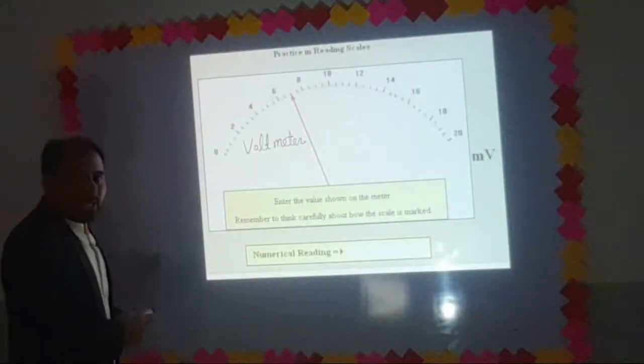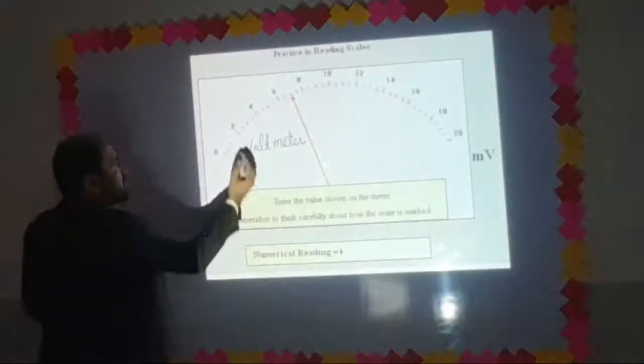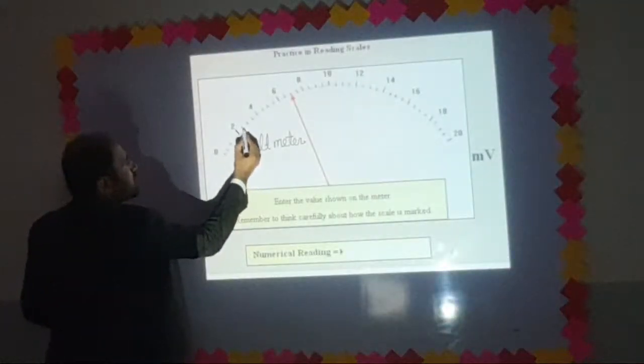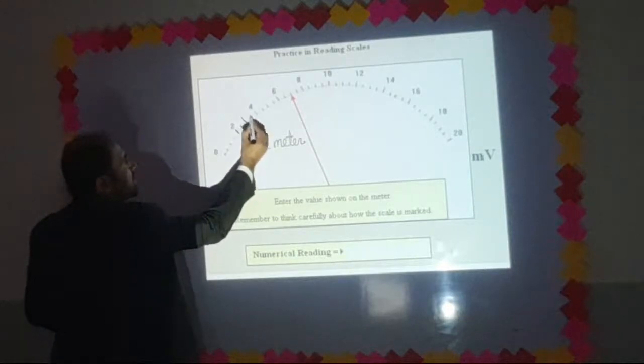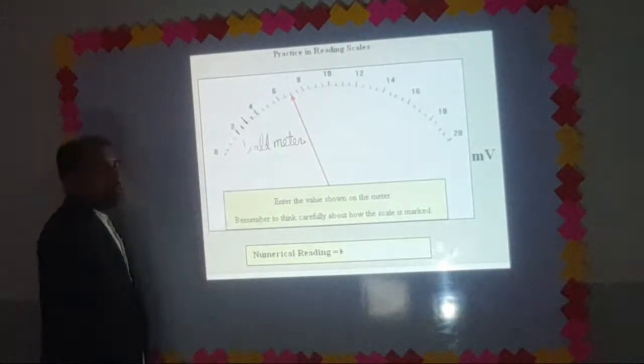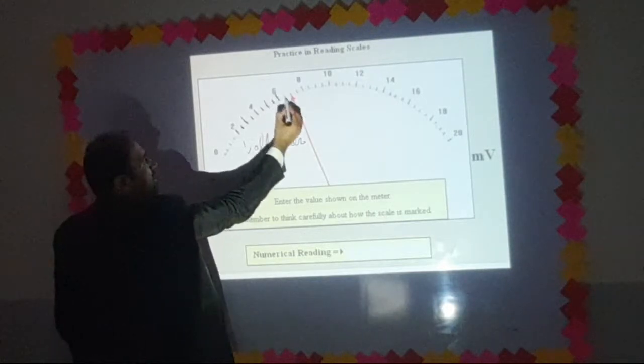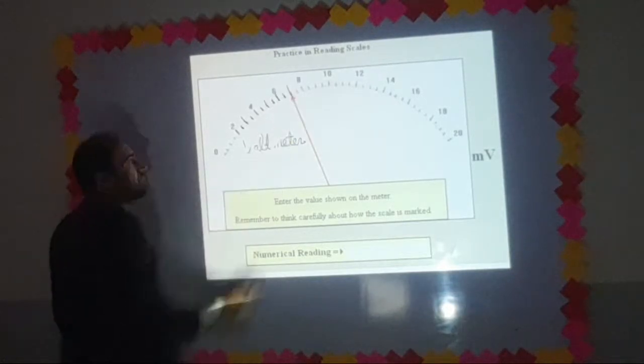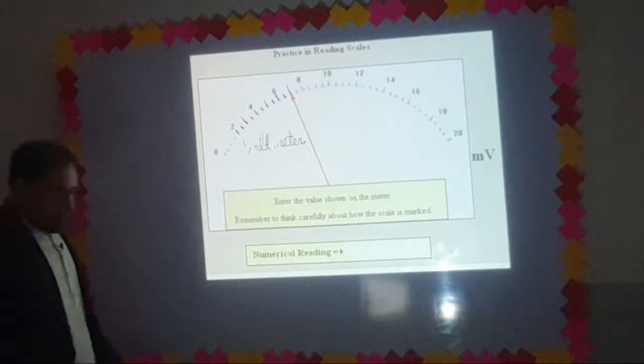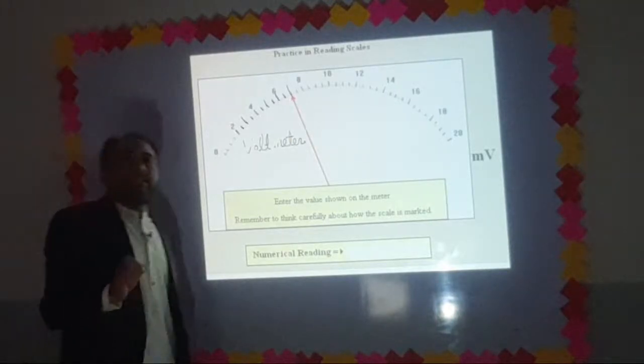First of all, we have to perceive the idea of calibration. This is 2, this is 2.5, this is 3, this is 3.5, this is 4, 4.5, 5, 5.5, 6, 6.5, 7. So while taking a reading from an analog voltmeter, in which there is a needle,